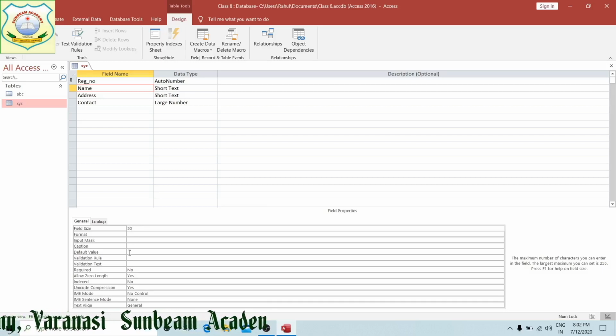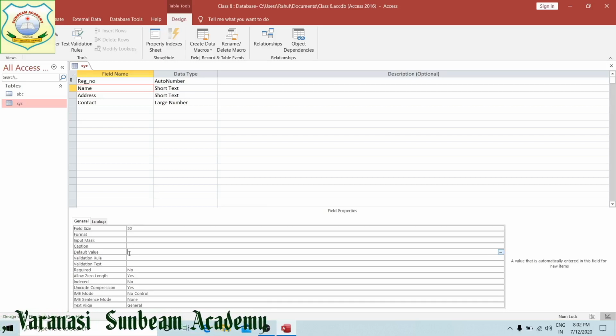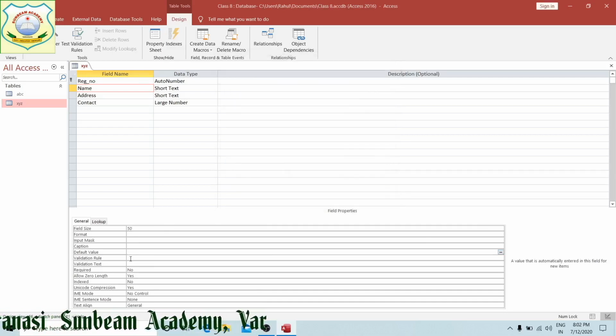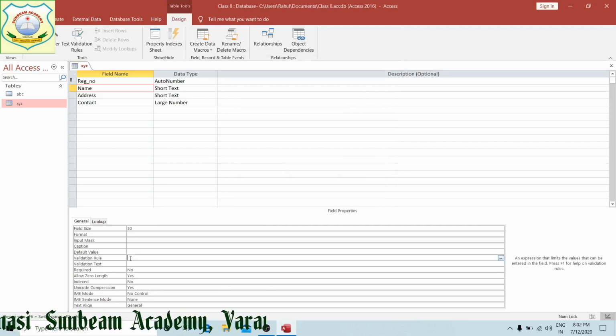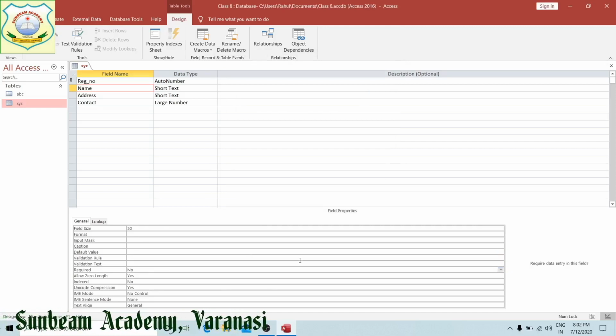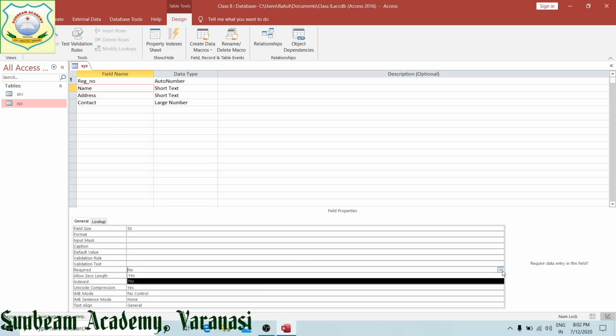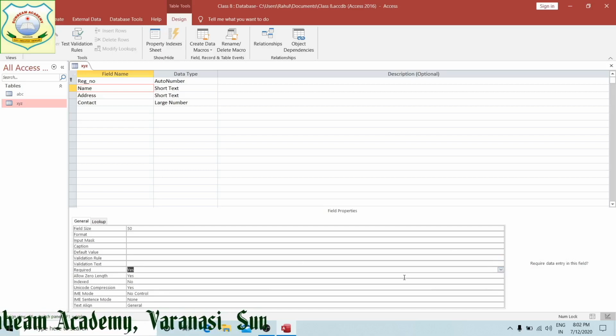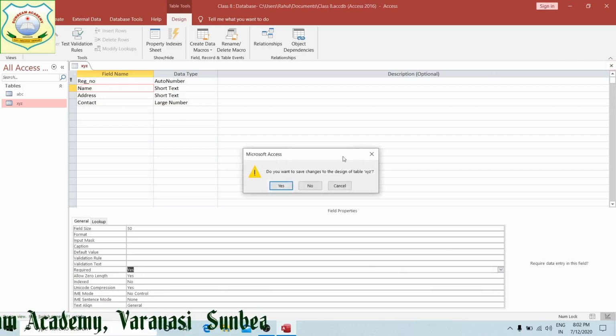Now default value, and required: it is no, I am going to make it yes, right? So what will happen after saving this, now we will see.